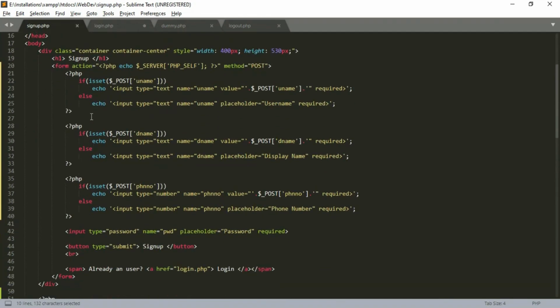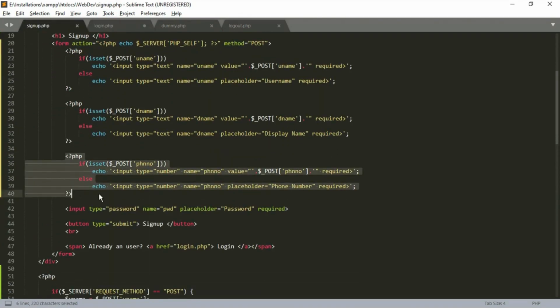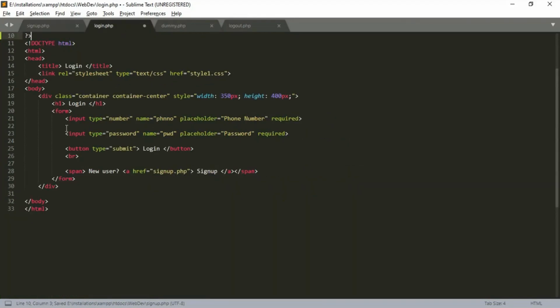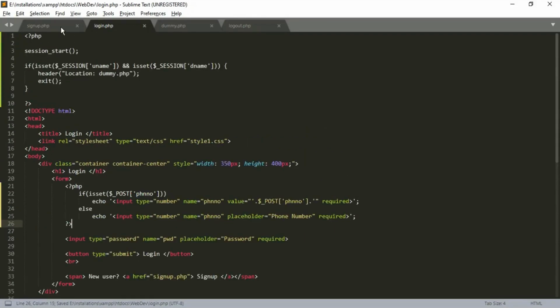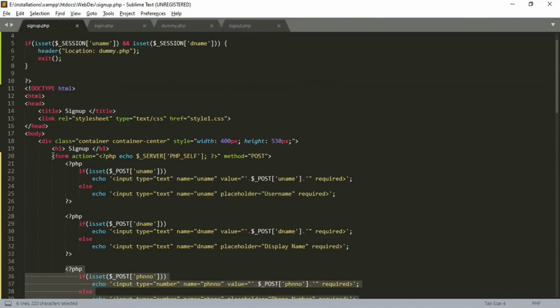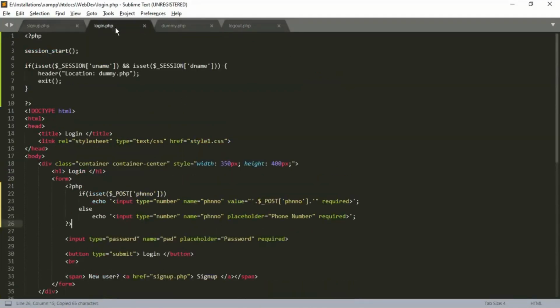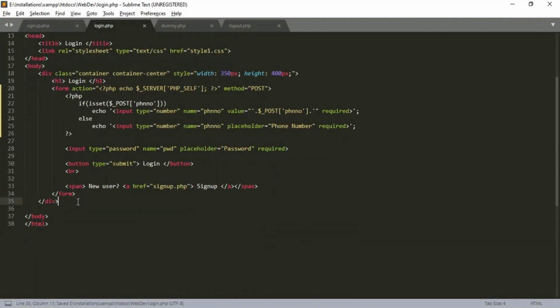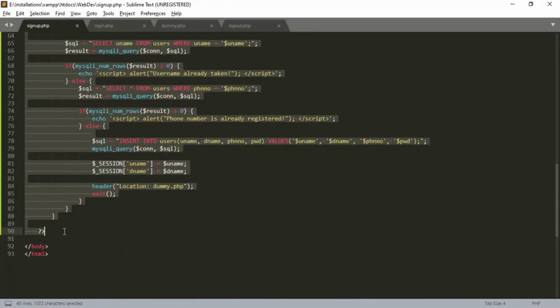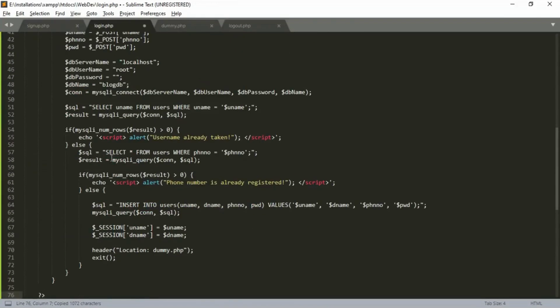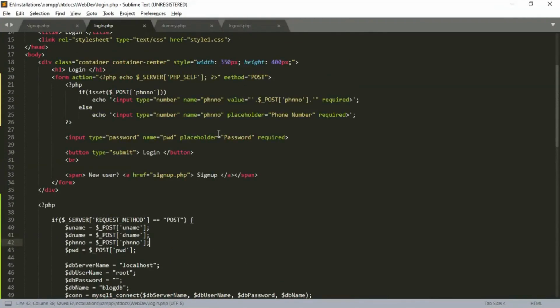So we copy them and remove the unwanted details such as username and display name. We can now remove all the unwanted details.